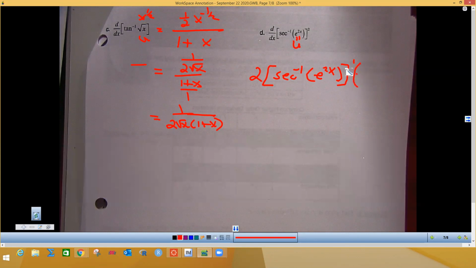So we're going to have times, and the derivative of secant is going to be the absolute value of x, or u, excuse me. Again, this is the u part here, so it is 1 over the absolute value of that. So we're going to put e to the 2x in here. And by the way, we would not need these absolute values because e to any power is a positive anyway. But I'm just going to leave them in the absolute value symbol. And over here, we're going to have this u squared. So we're going to square that. So that's going to be, and it's in a radical, so that's e to the 4x. Okay, and then we got a minus